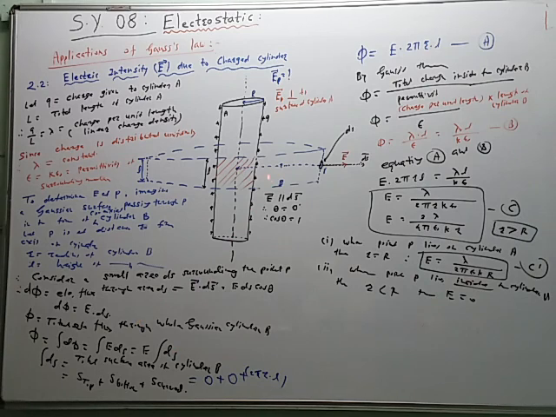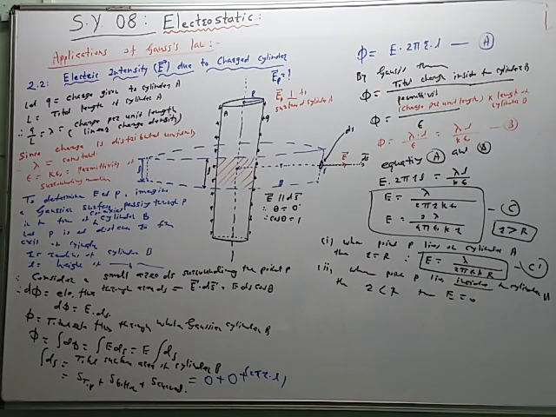In calculating the integration of area ds, we have to take the area of the top surface, the area of the bottom surface, and the area of the curved surface. The areas of the top and bottom surfaces are taken as 0 because there are no electric lines of force passing through the plane top area and plane bottom area. Only the area of the curved surface is taken, and it is equal to 2 pi RL, circumference multiplied by L. So this is equal to E into 2 pi RL. This is one value of electric flux without using Gauss theorem.